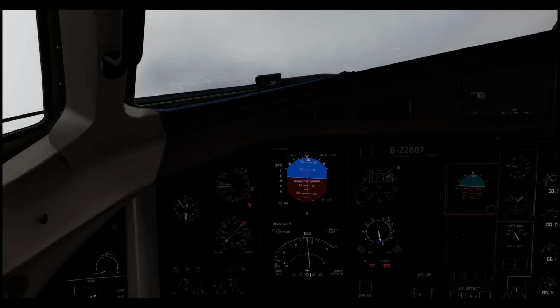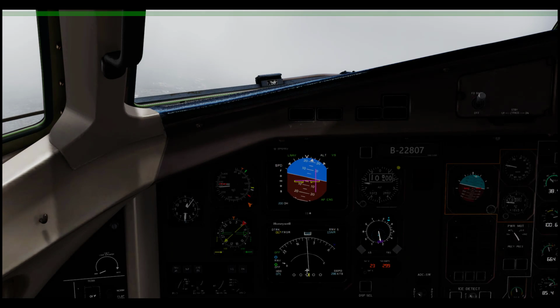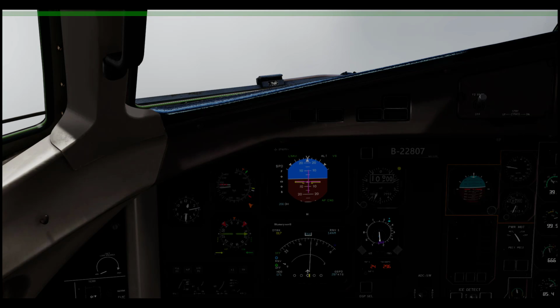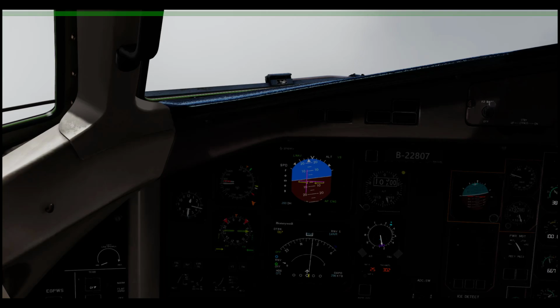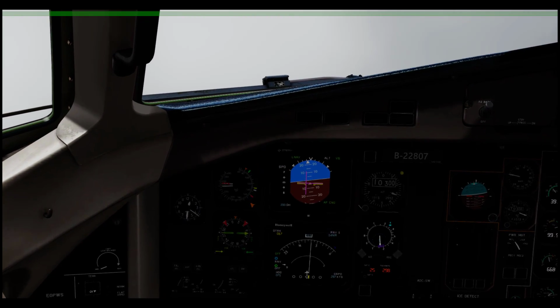Alright, so let's get ready for this approach. We need to put our nav on the proper ILS, so our frequency is going to be 109.15. So there we go with the 15, and now we just bring this down to 109. Got a little bit of turbulence going on here, I see. Alright, and then let's switch this. 109.15 for our, and actually this isn't even really an ILS, I think. This is a Localizer DME Approach, which